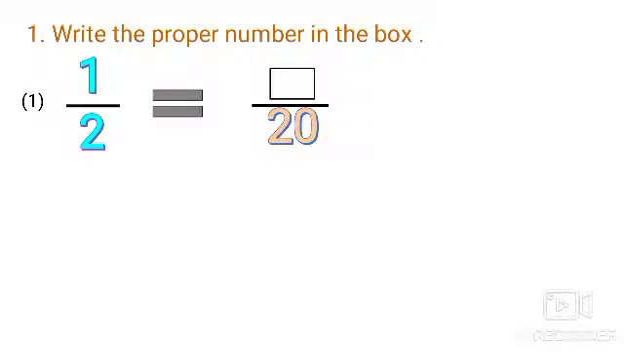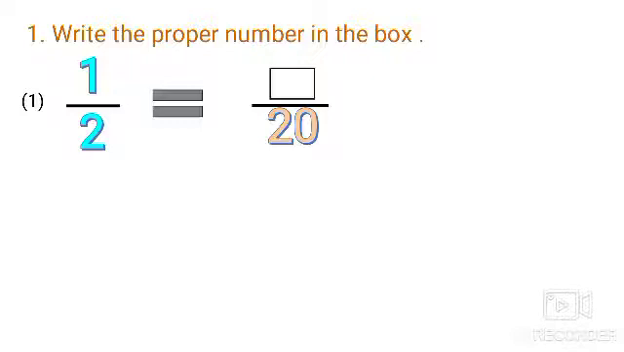1 upon 2 is equal to empty upon 20. So you have to think what you have to do, whether you have to multiply or whether you have to divide. So 1 upon 2 is smaller than 20. That means you have to multiply. So by which number? When 2 is multiplied by some number, you will get the answer as